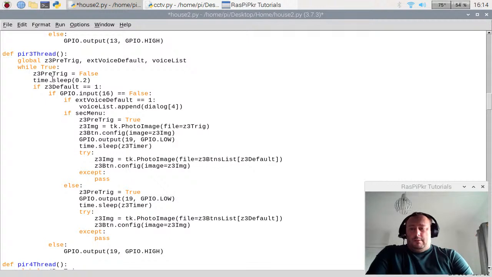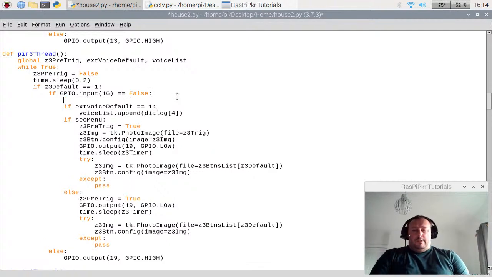And what we want to do is, so when it's triggered to false, when it goes to ground, if the external voice is on, it's going to do that. But before we do that, we're going to grab the image, and we're going to pass in, now, because this is PIR 3, which is the rear, I know it's going to be camera 3, which is imported through my house settings. That's a variable. Basically it's just 301 as a string. So that's going to do that,